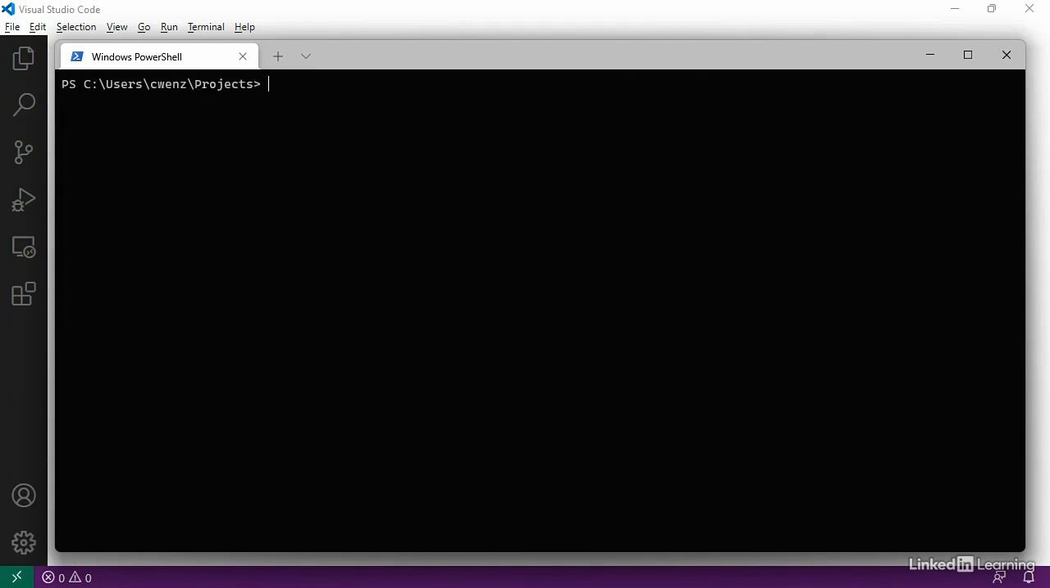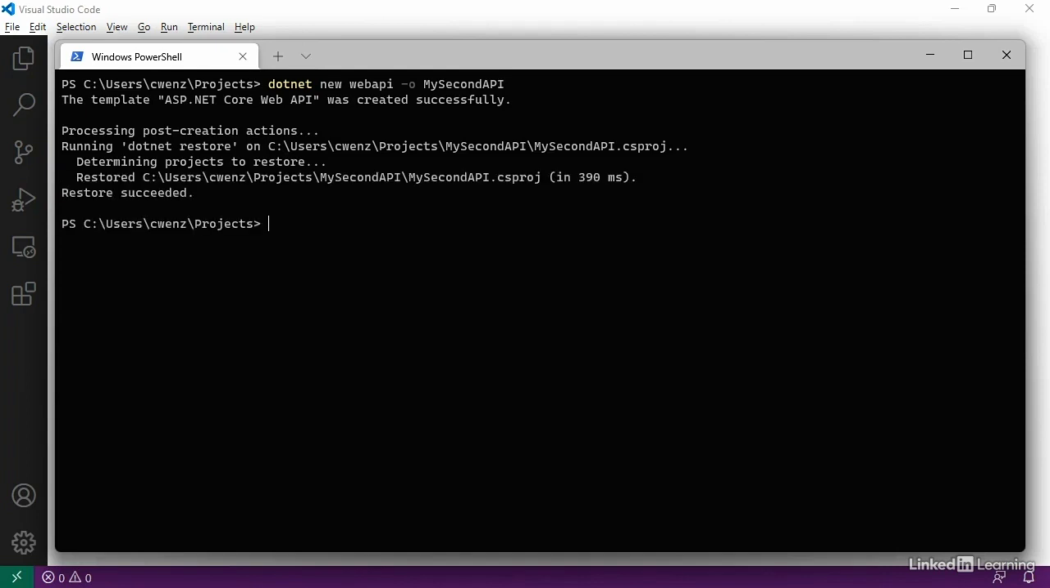So how about we do dotnet new webapi, and then we provide the output folder, which then also serves as the name for the solution and the project. And since we already did my first API, how about my second API? And then the first time this runs, it takes a little bit longer, but then the project is created, and now I could go into the folder that was set up for me, and then just say code dot, which